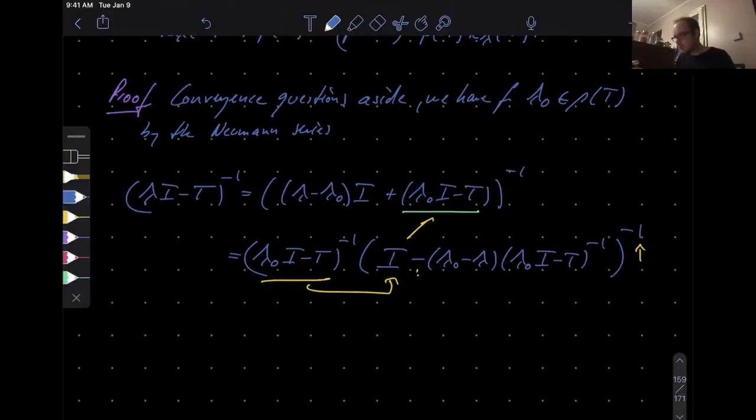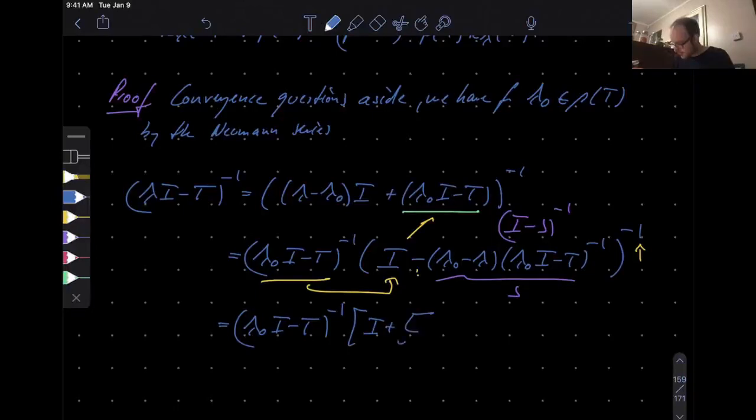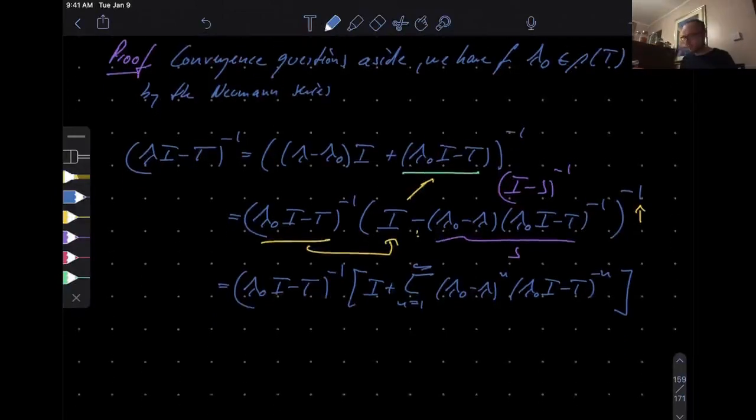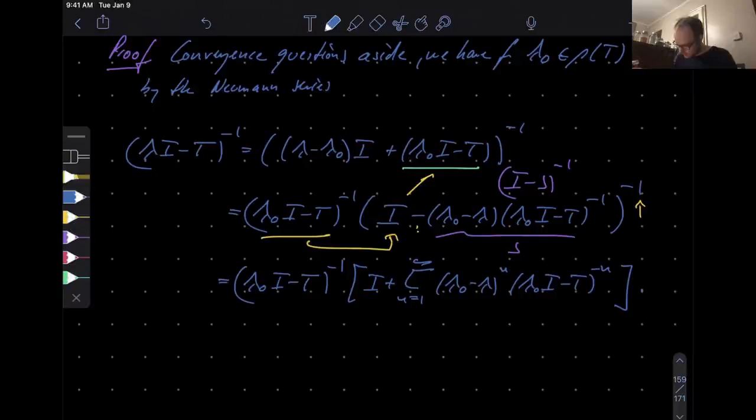Okay, so you have this, and now this, of course, looks very much like the Neumann series. The first one you don't touch, because you know that it's invertible, so you just leave it. And then for the second one, remember the Neumann series was this 1 minus S inverse business, so here's your S, right? So that's why I now write this as I plus the sum from n equals 1 to infinity of lambda naught minus lambda to the n, and lambda naught I minus T to the power minus n, because there's a minus 1. Okay, but this is all completely formal. As I said, convergence questions aside, I don't know yet if those series converge. All right, so for this reason,